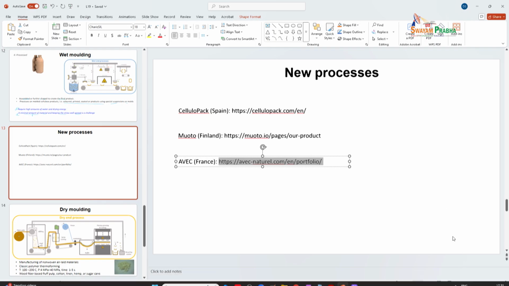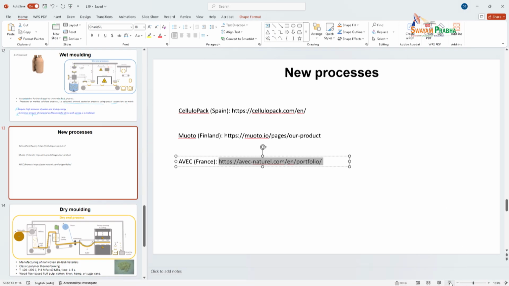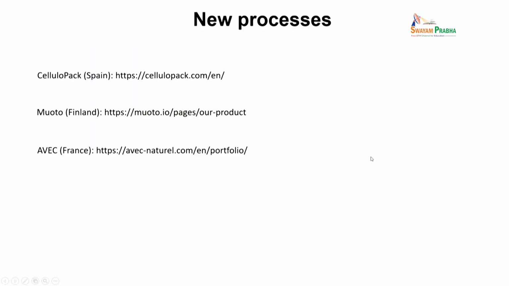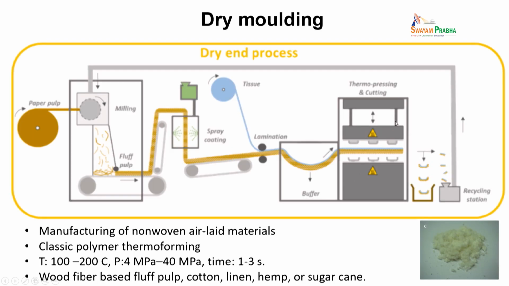Okay, so what they did is, to avoid this water and high energy, they do what is called dry molding. Dry molding is a process which combines two well-known processes. One is a technology that already exists, with a methodology by which you can make non-woven